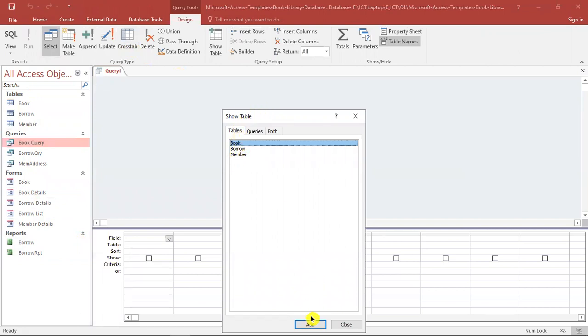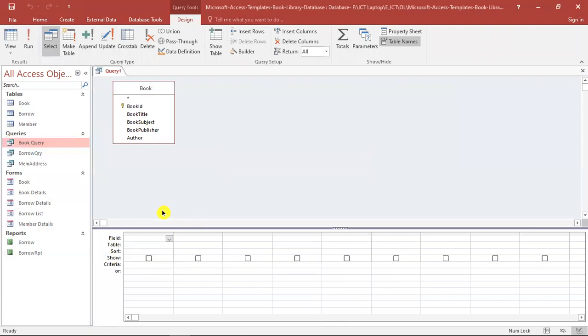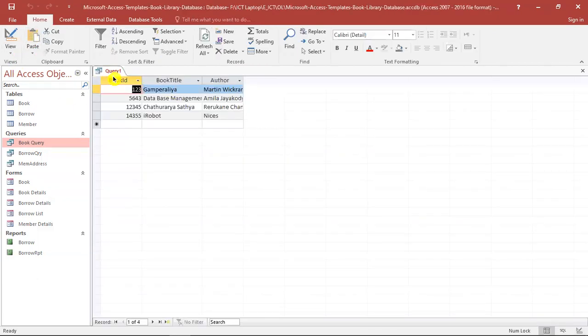And we can select the table also, then close, and we can select what are the fields of the query that we are going to see. Just say I want to get the book ID and book title and the author of that book. So I'm going to run this query, run. We can get those things: book ID, book title, and author.